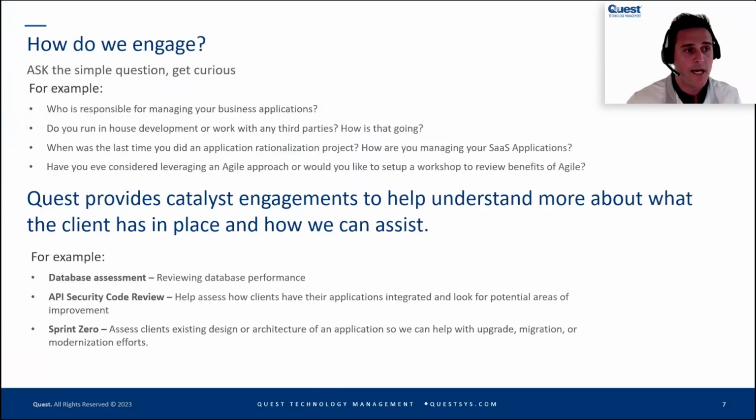And that kind of gets us right to, how do we engage? Now, for those of you who have been riding along for the business boot camp, you're going to see some similarities here. There's a saying that if you know the way, you see it in all things. And this is a very similar methodology to how we engage in other pillars of service within Quest.